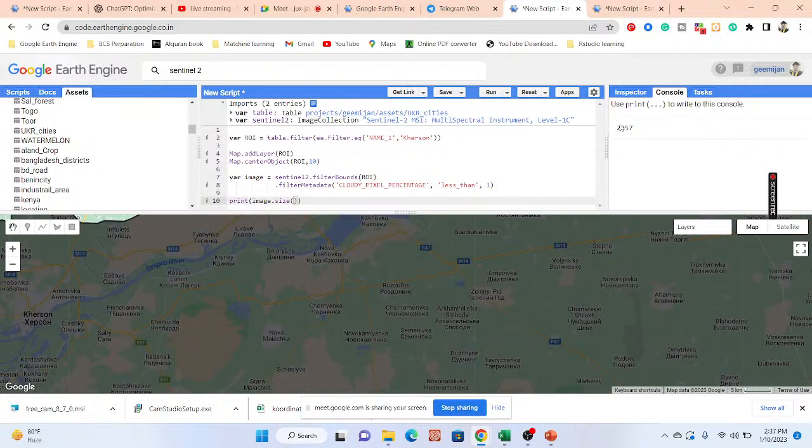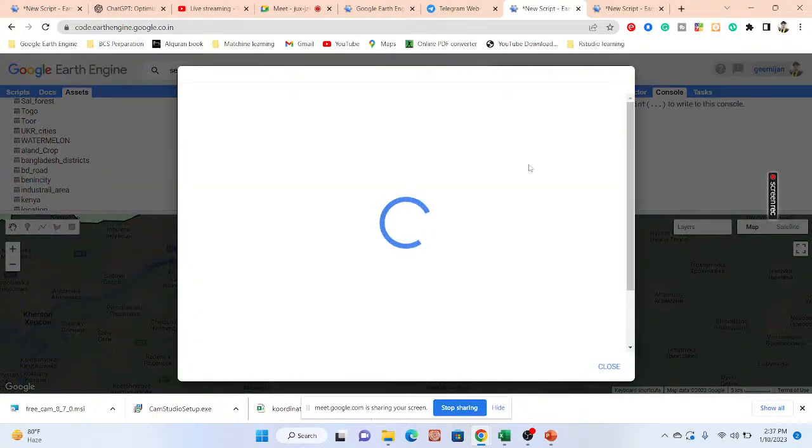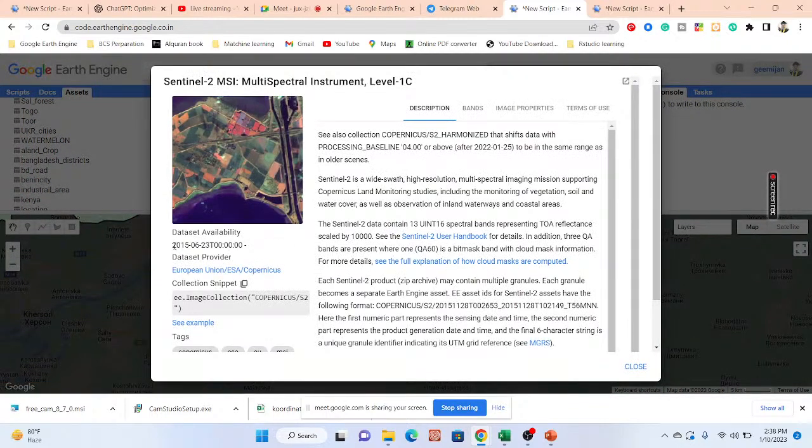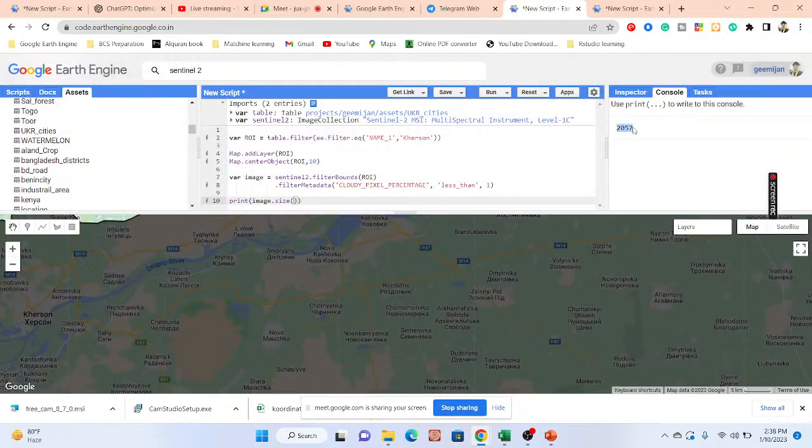And what is the time duration of the satellite images? Between this time period, you can see the year 2015 to present time. From 2015 to present time, I get this total of 2057 images. But I do not need all of the images. I want the images, suppose, of the year 2021. Okay. So I simply put here